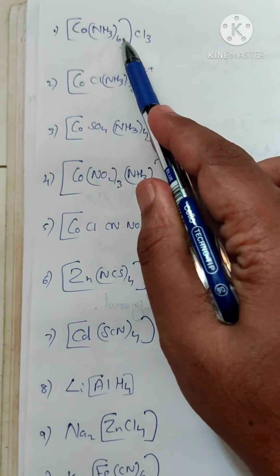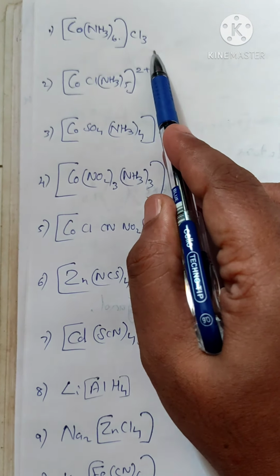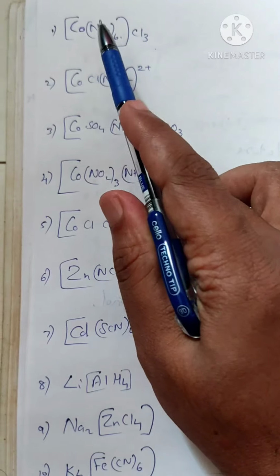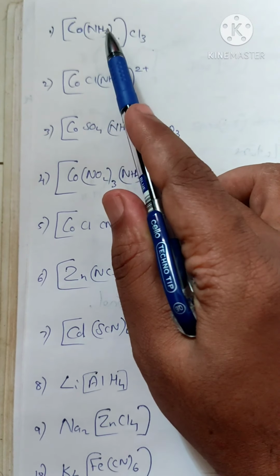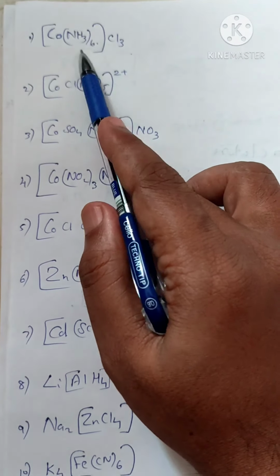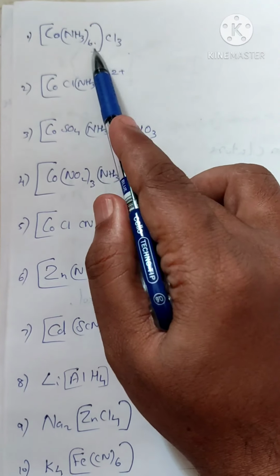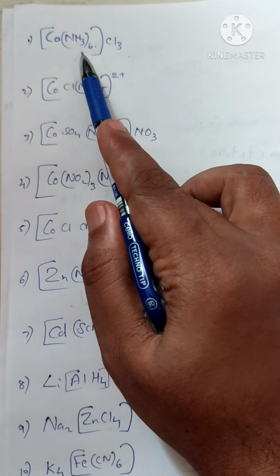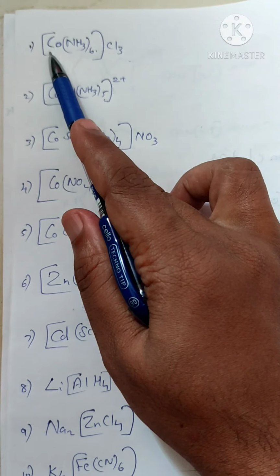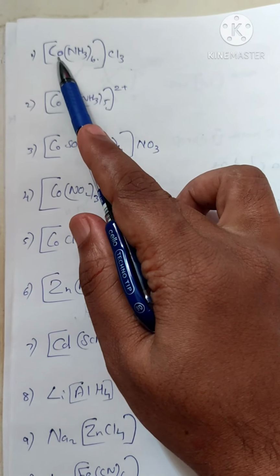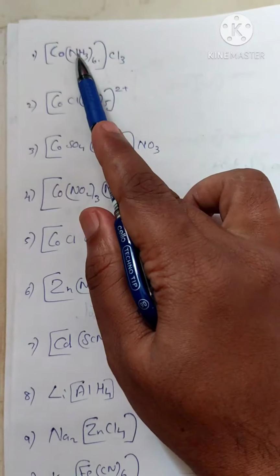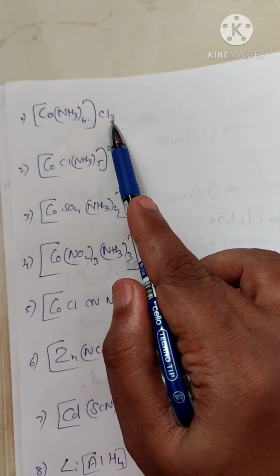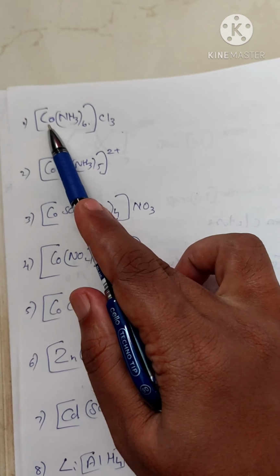The first complex, we can see there are two parts, and the central metal atom attached to the ligand is obviously a cation, so there is not that much complication. If you see the ammonia NH3, six ammonia are there. In that case, we have to say hexaammine. So the ligand is hexaammine, and the central metal atom is cobalt. So hexaammine cobalt. Then we have 3 chlorine atoms. We know ammonia has 0 charge, and since we have 3 chlorine atoms, the charge of cobalt will be +3.